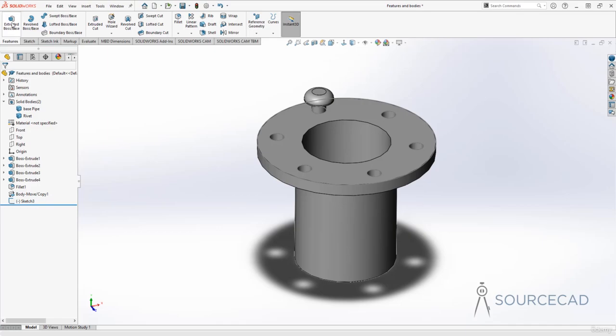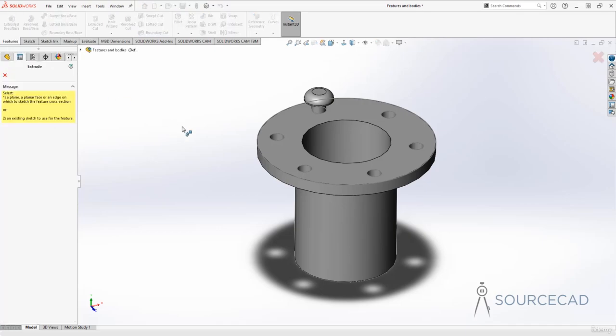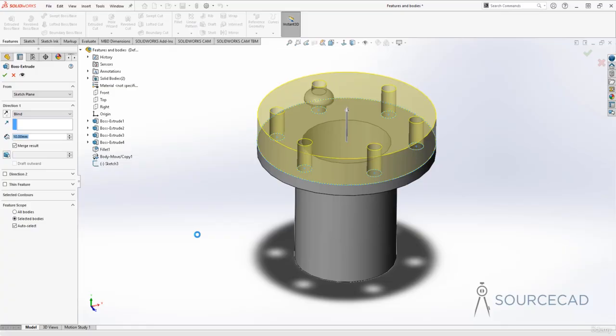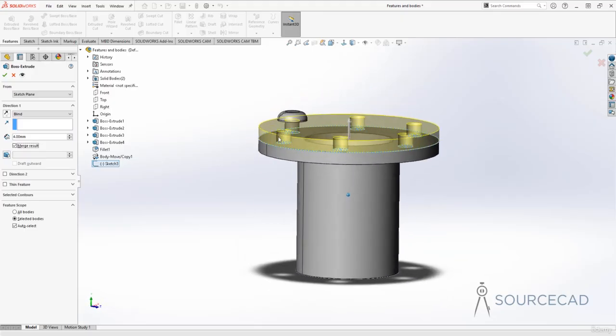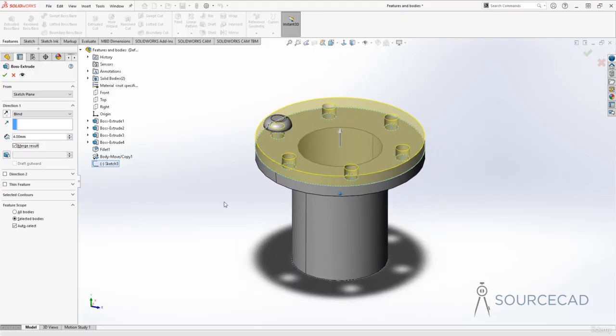So features, extruded boss base feature, and I'll select this sketch which I just now created here. And instead of selecting it from this list, I will expand the feature tree and I'll select sketch 3 from here. So we've got this now. Now for height, I'll use 4 units. And here we are. So we now have this plate right on top of this, and we can now choose